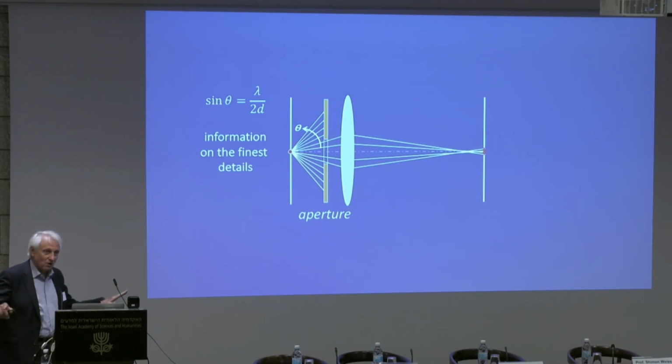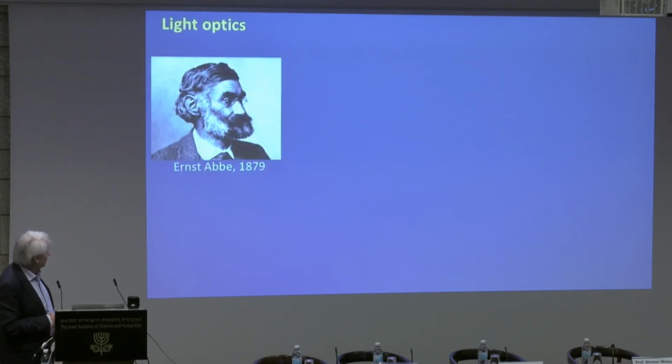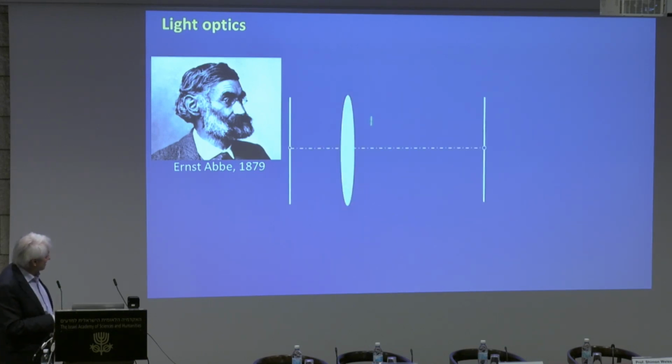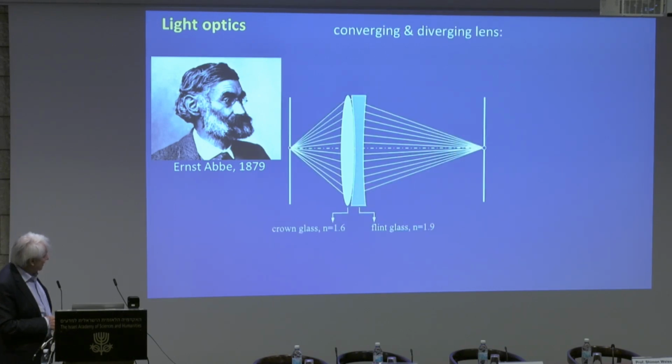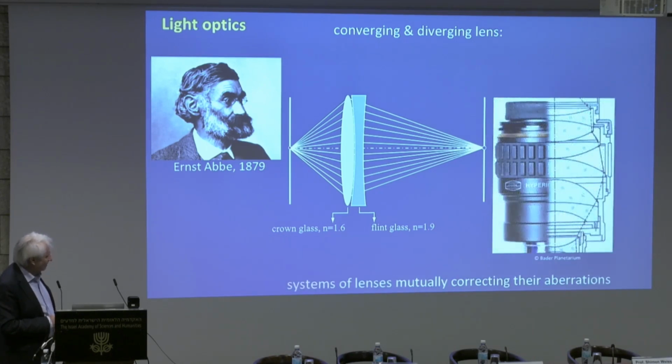So if you just keep them away from contributing to the image, you, of course, diminish the resolution. In light optics, this dilemma was solved by Ernst Abbe in a very famous paper in 1879, where he showed that the spherical aberration of this converging lens can be compensated for by combining it with a diverging lens, and then you see the focal length becomes the same independent of the ray angle,